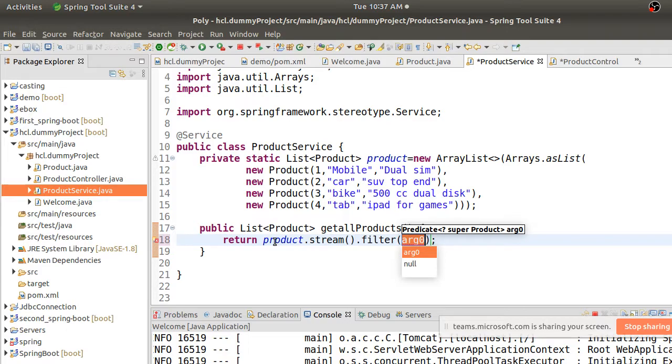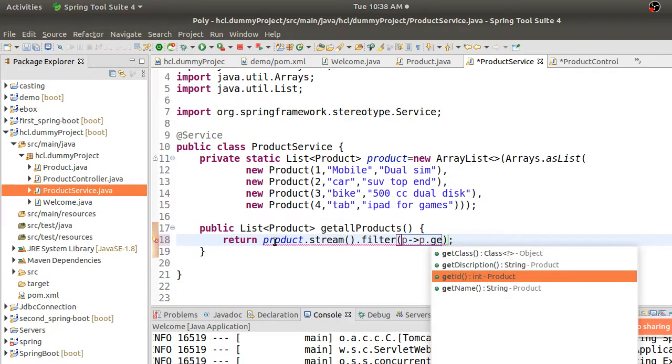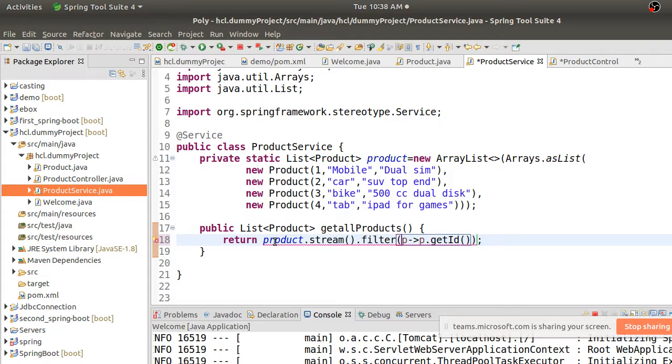So what are the arguments that you are passing? Using id, I'm iterating it.